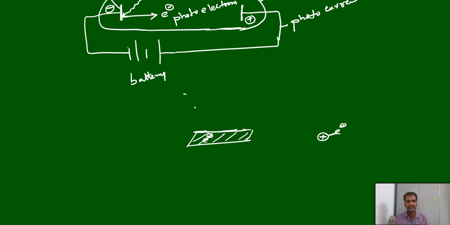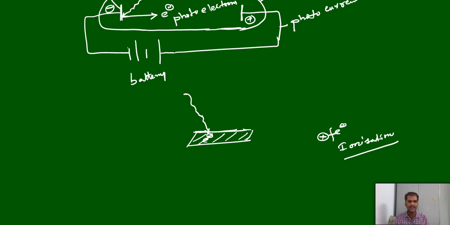Now, when light of sufficient energy strikes the metal surface, then the electron can eject. For the electron to eject, you have to break the force of attraction between the nucleus and the electron. Then only can the electron come out from the atom. Otherwise, it cannot come out, right? So the energy sufficient to break this attraction force between the electron and the nucleus, then only can the electron come out. That process, the removal of an electron, we call the ionization process. It is called ionization, or ionization energy.